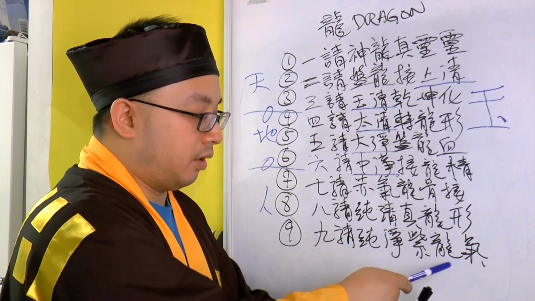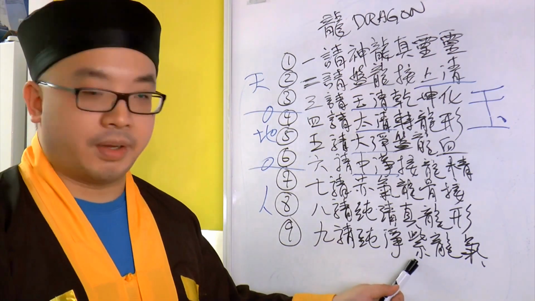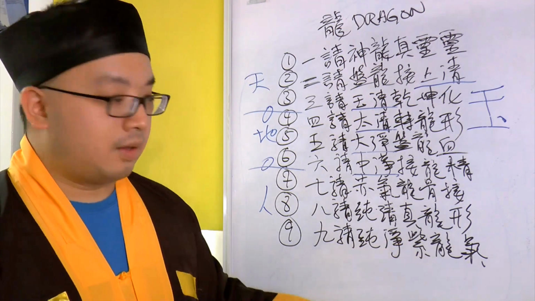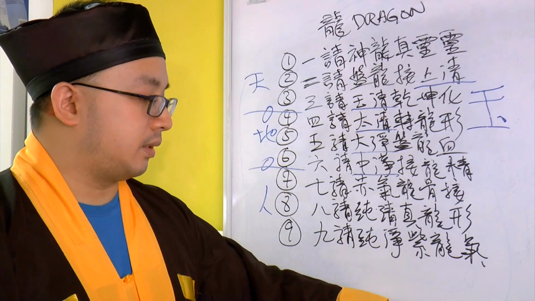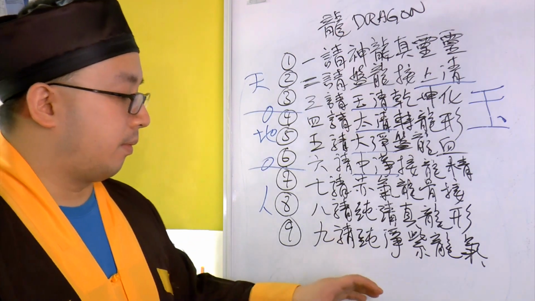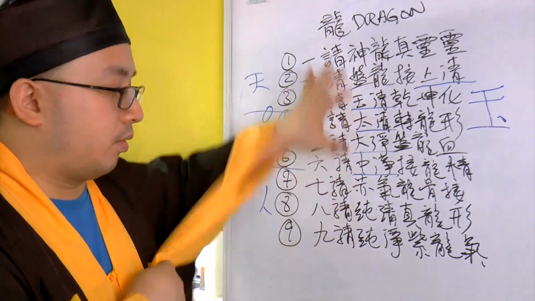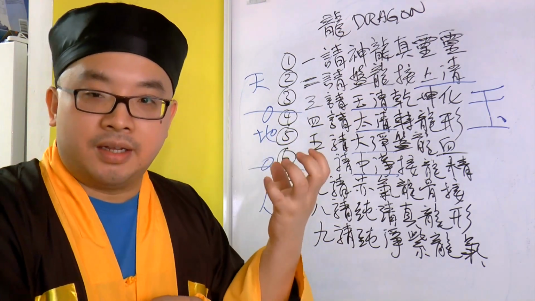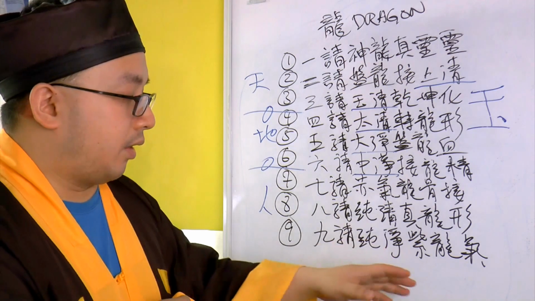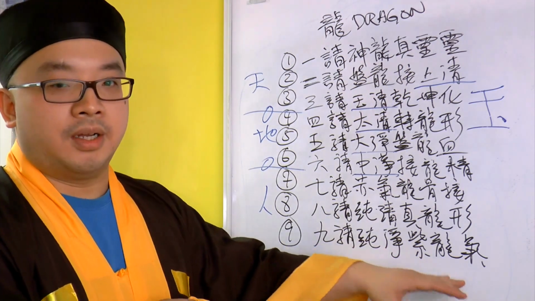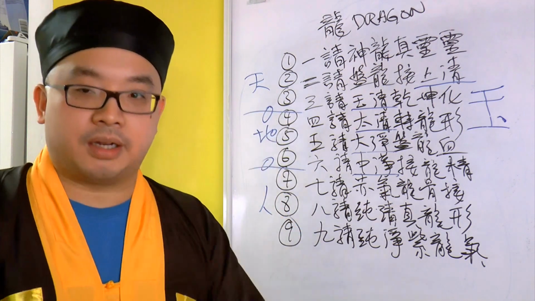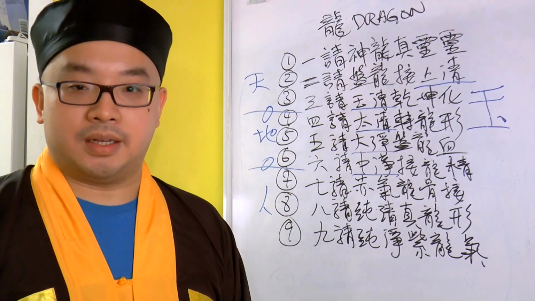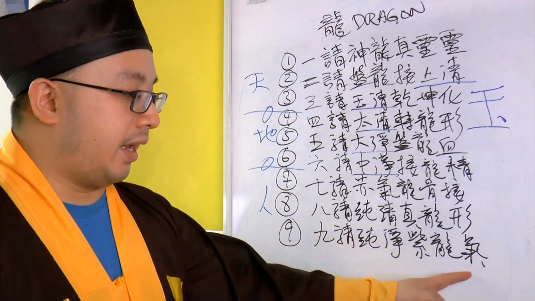九請純正紫龍氣. To keep doing things and then use up the dragon's hei, the chi. While you're at 9, you are always using up the momentum that this whole thing is happening. You're using it up because as you eat, you're using up the hei, which makes you want to eat, the hunger. As you eat more and more, the hunger goes away because you're using up the momentum. It just cancels it out. It just makes you not want to eat, you don't have to eat anymore because the hei is gone.